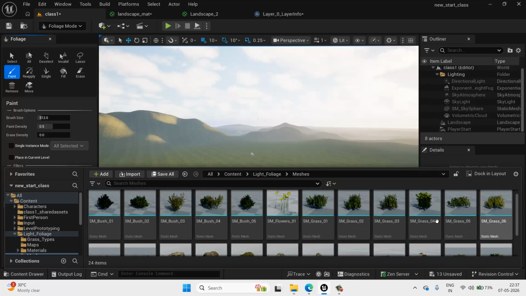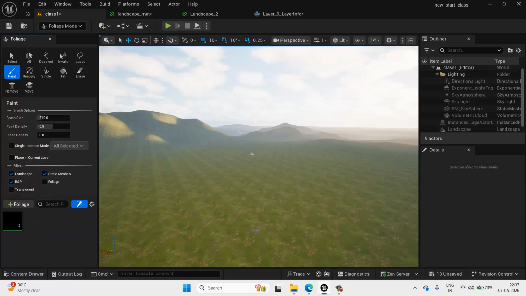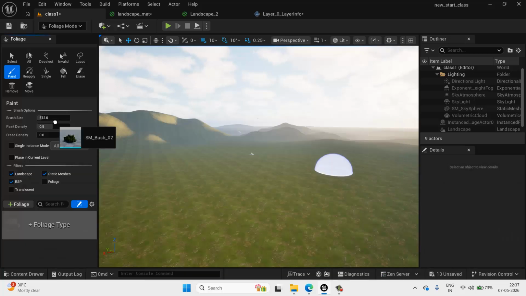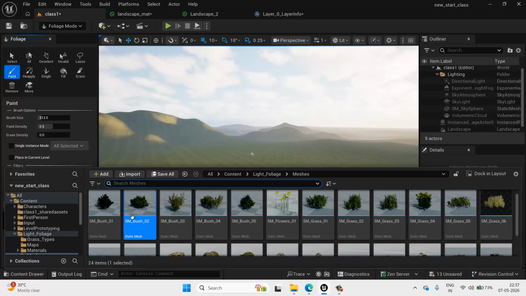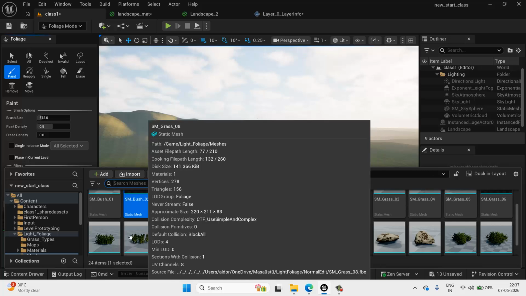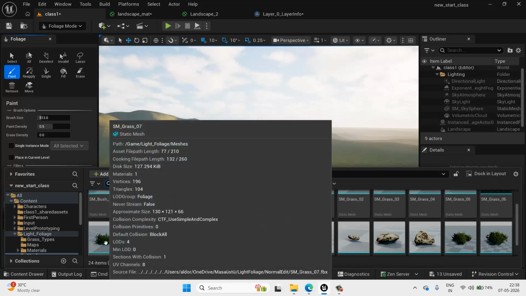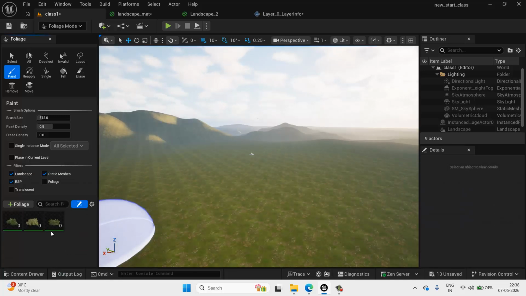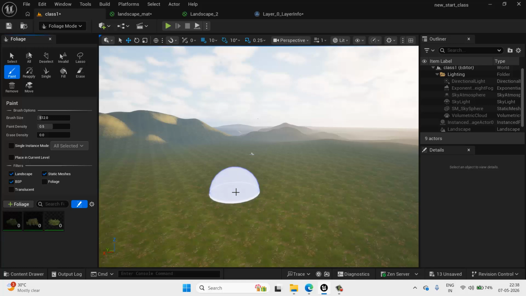So what I'll be doing over here is I'll take the foliage and drag it into the foliage type over here. Again, I'll go over here and let's take one more. Let's take this. Okay, looks better. I'll also be showing you procedural generation, that's the PCG, in the further sessions. Again, I'll drag one more over here. So let's take this and let's go into this, and you have an option over here called brush size, and